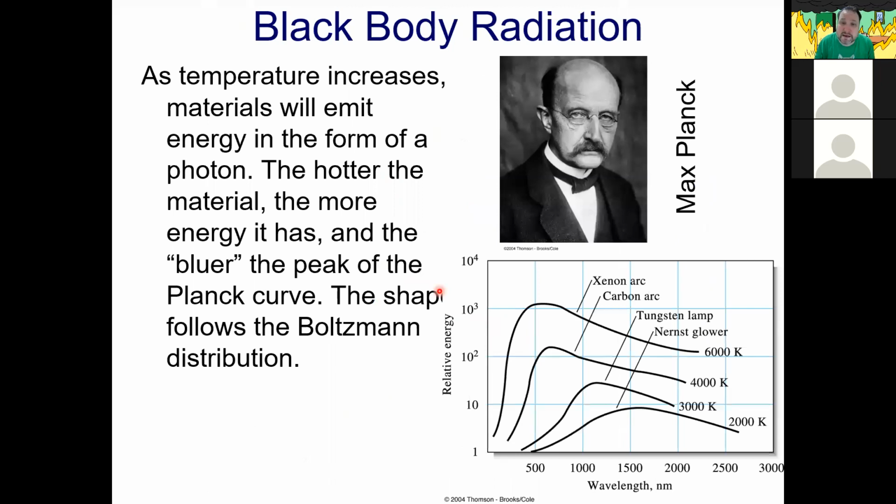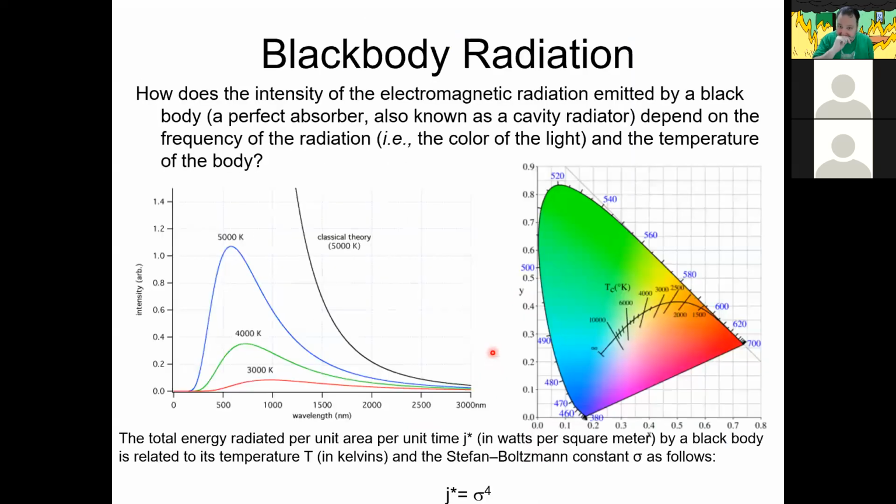Black body radiation is something that all things do. As temperature increases, materials will emit energy in the form of photons. The hotter the material, the more energy it has, and the bluer the peak of the Planck curve. The shape of this curve is going to follow a Boltzmann distribution. And so, how does the intensity of the electromagnetic radiation emitted by a black body, a perfect absorber, that's why it's called a black body,